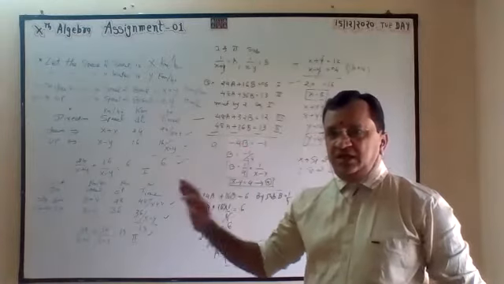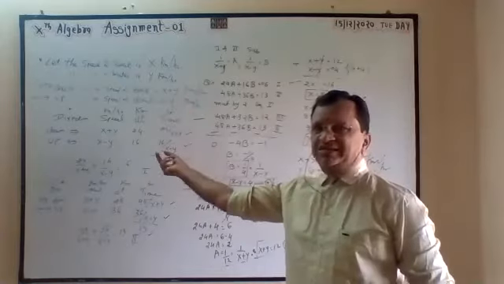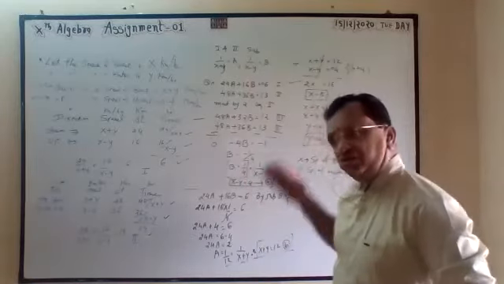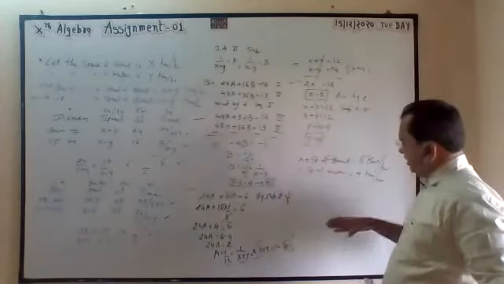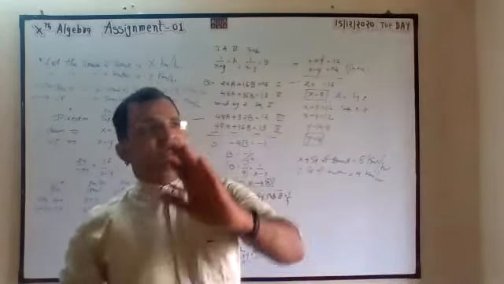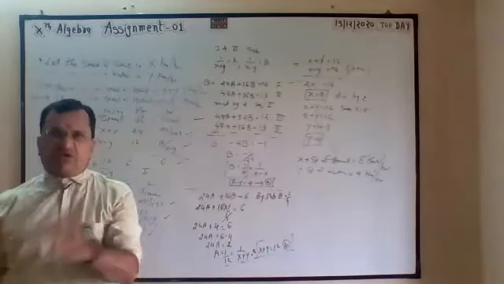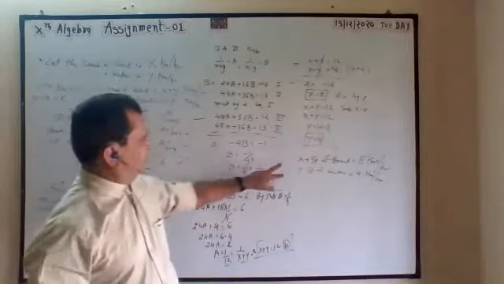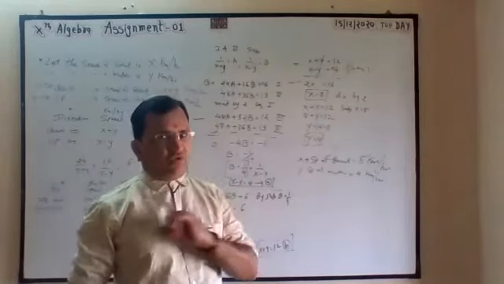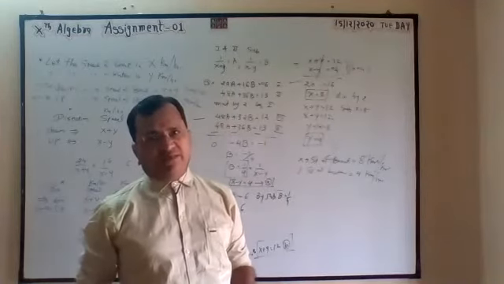If in the starting you get the wrong direction, suppose downstream, you consider x minus y, and upstream, you take positive, so x plus y. So overall the solution will be the same, but you will get x as 4 and y as 8. Then you will get the speed of boat is 4 km and speed of water is 8 km. That is wrong. So again, this is called decoding. What we have considered, you have to substitute back. Don't write x is equal to this, y is equal to this in word problems especially, because you have considered what x and y are.